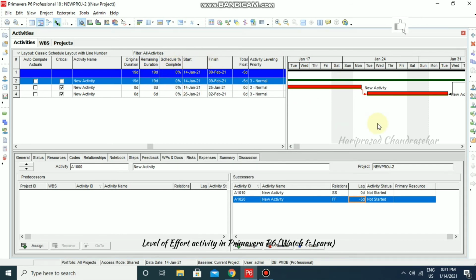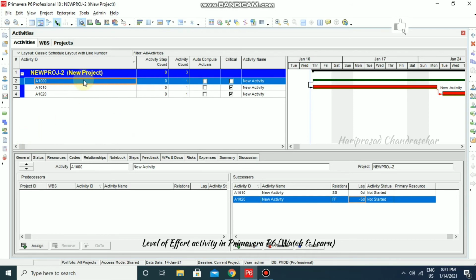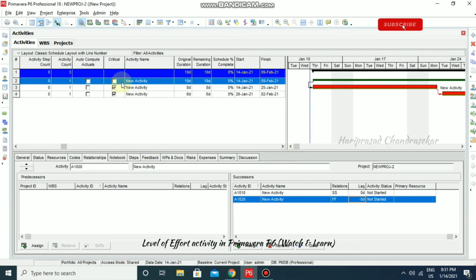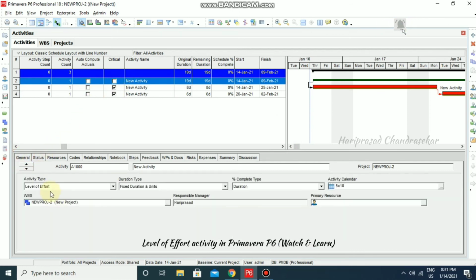Now additional 5 days, this is a lead. So totally it becomes 19 days. So the longest duration in this project is this activity, but it won't be a critical activity because it is a level of effort activity.